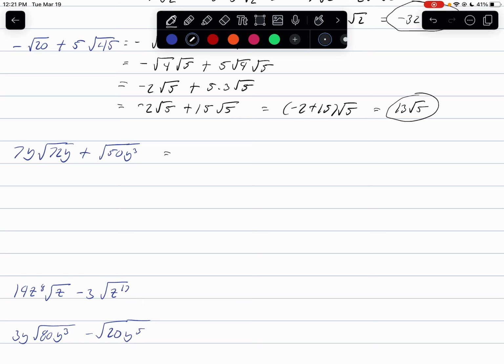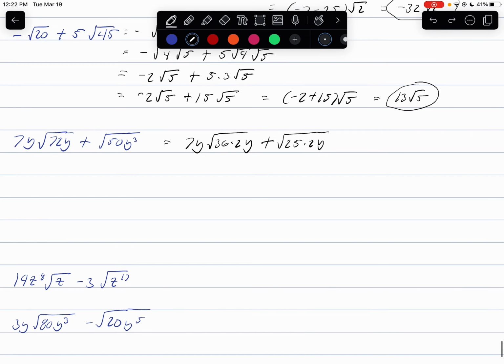So let's rewrite this whole thing as 7y times the square root of 36 times 2 times y plus the square root of 25 times 2 times. Now we're going to do the same technique we did last time here. We're going to do y squared and then y. And the reason for that is we're going to try to see if we can pull out a y squared here. So we have 7y times the square root of 36 times the square root of 2y